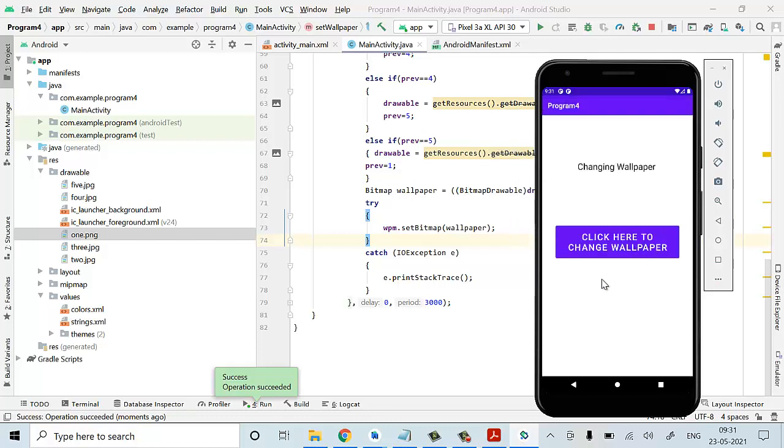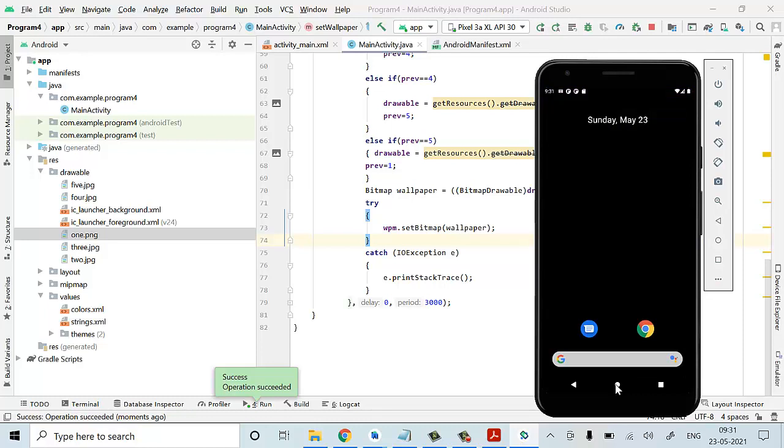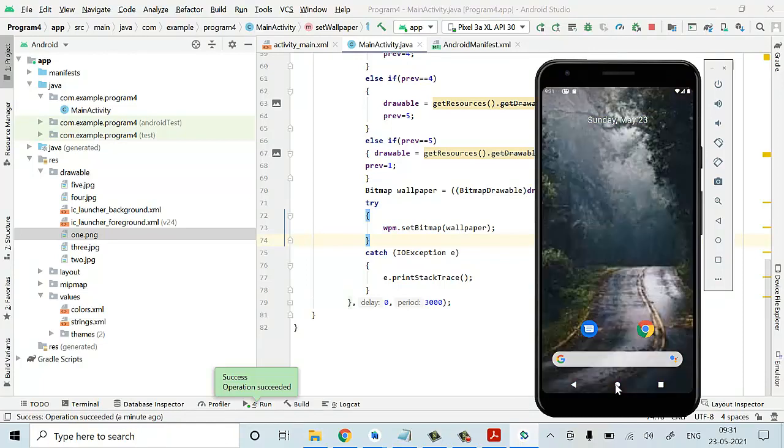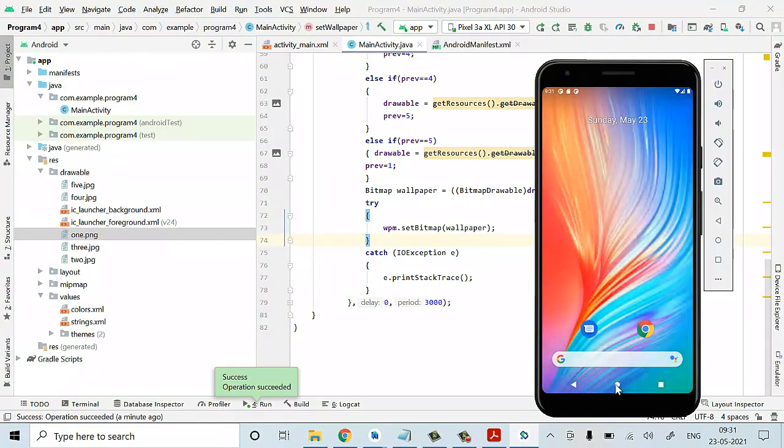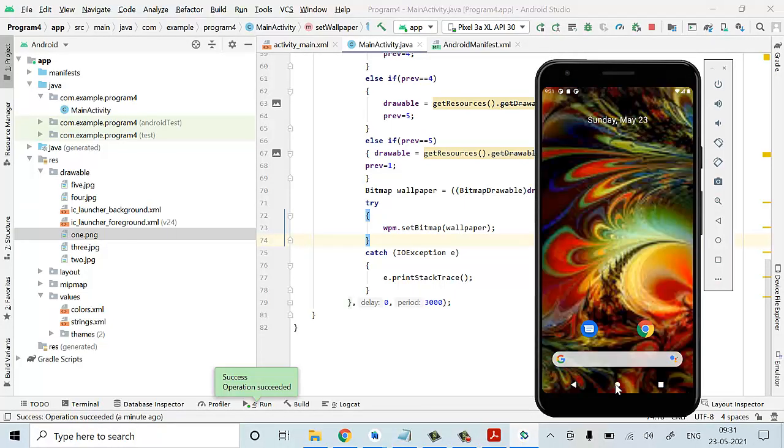Once your UI is displayed, you can click this particular button, just click here to change wallpaper. Once you click it, you have to minimize this application. So I'll click here and minimize my UI. See, for every 3 seconds, it is changing my wallpaper. This is your program code and your output. Thank you.